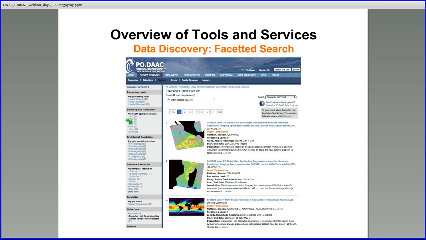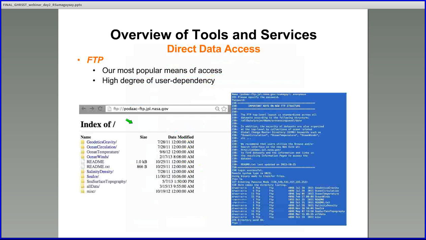Applying the filters will narrow down your results, and I will give a demo on the usage of this shortly. On the next slide, we have three types of direct data access. The first one is FTP, File Transfer Protocol, and it is the most popular method of access to our data. One can use either the web browser for downloading, or if you're snazzy with Unix, you can use the